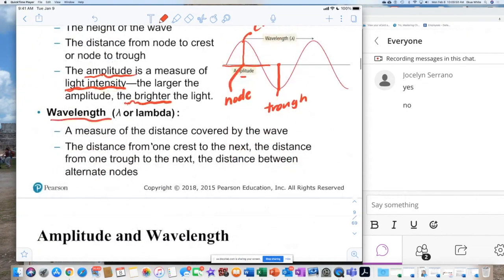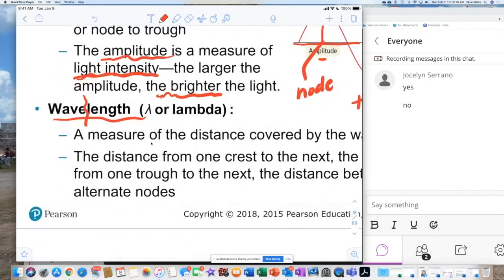Okay. Then you have the wavelength of the light. Different waves are characterized by their wavelengths. What is a wavelength? Like it suggests right here, I used to try to break up words just to remember things. It's the length of the wave. How mellow or how intense is that wave? Well, to measure the wavelength,